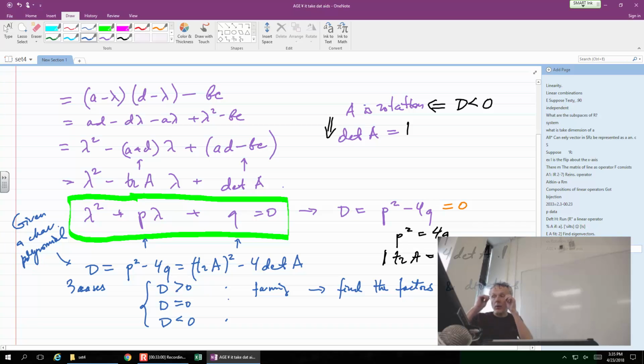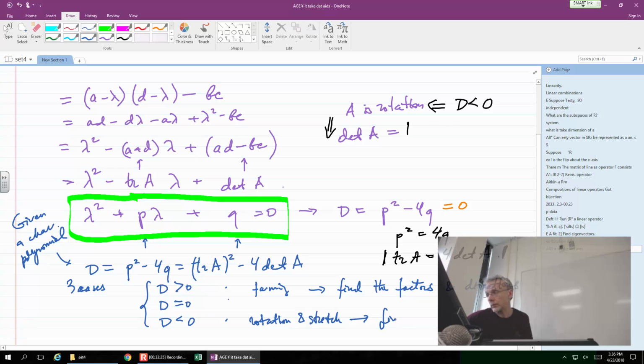Okay. So discriminant is equal to 0. It is a special case. So, well, it will be something much simpler. So it is a stretch of some kind. So I'm skipping that for the time being, and now the case that we need to concentrate on is the last one. We know that it is rotation and stretch,